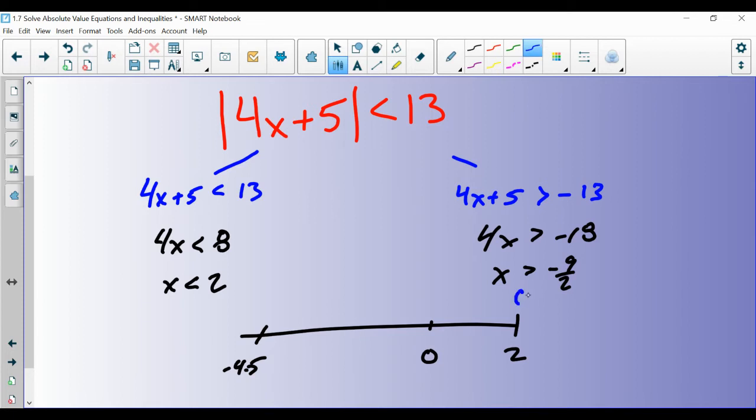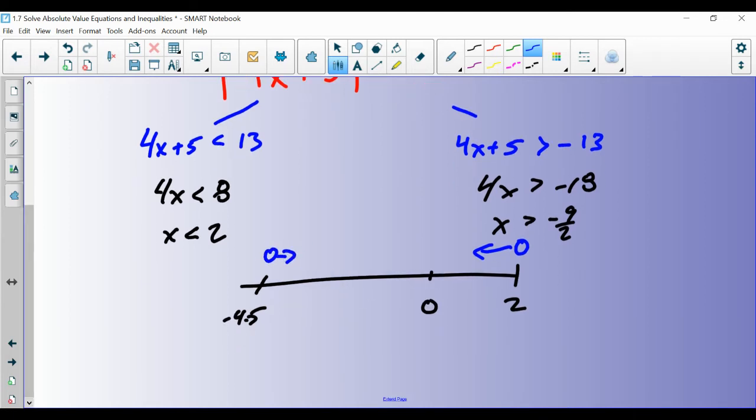X is less than 2, it's an open circle going that way, and X is greater than -4.5, that's also an open circle, and greater than would go towards 0. So they're going towards each other. This is once again